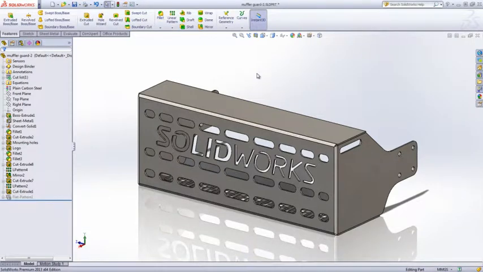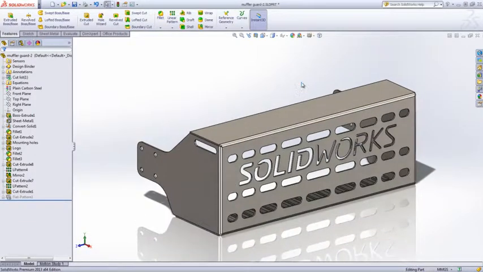Feature patterns are a staple of any solid modeling design tool, but tend to be limited to creating identical copies of a feature at a constant spacing. Well, with SolidWorks 2013, these limitations are eliminated. Let's take a look at how the new varying dimension pattern capabilities were used to help create this sheet metal